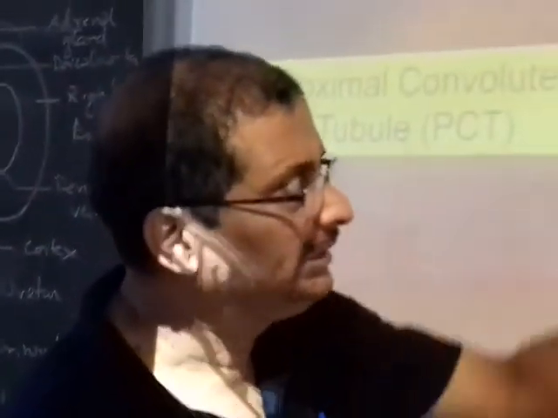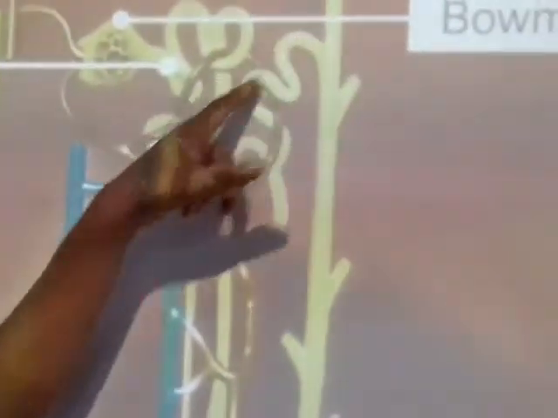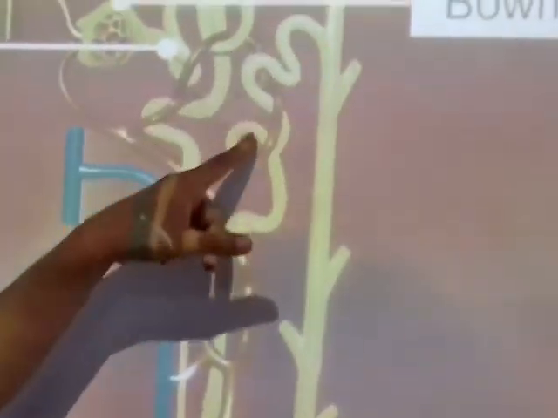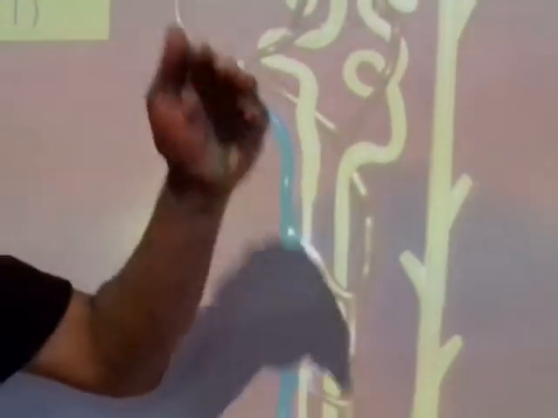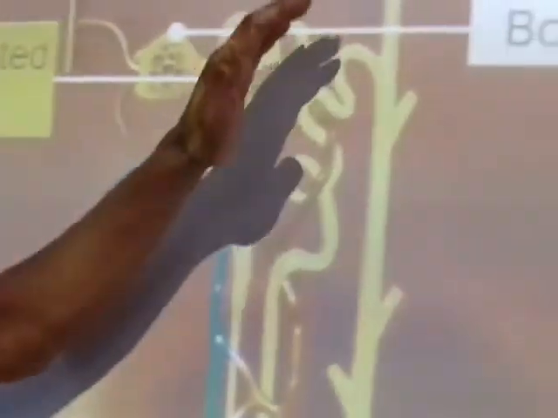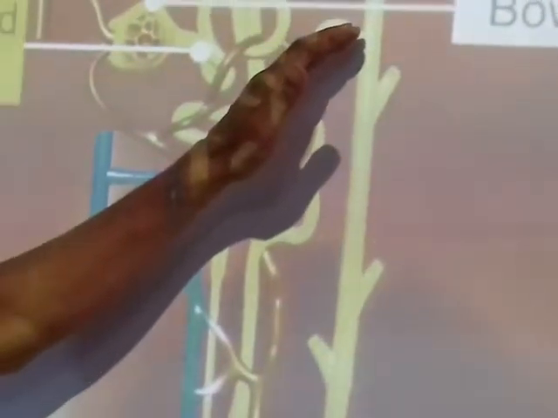Now, tubular secretion basically takes place in this particular place, the distal convoluted tubule. Tubular secretion is where the body also secretes certain waste materials. Like if you are taking more antibiotics, or water soluble vitamins, the blood can deposit them into the glomerular filtrate, and they can come out into the urine. So that is what we call tubular secretion. So basically these are the 4 steps.